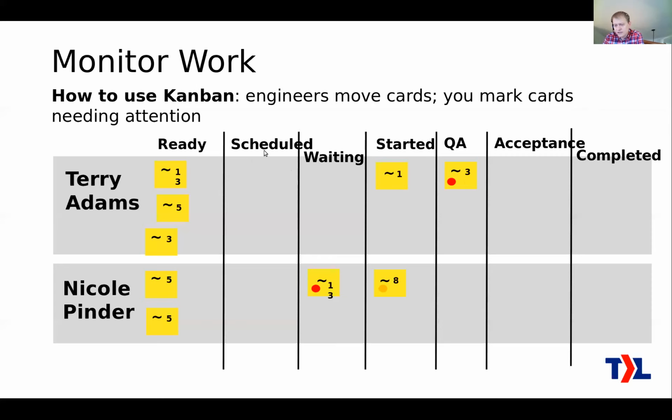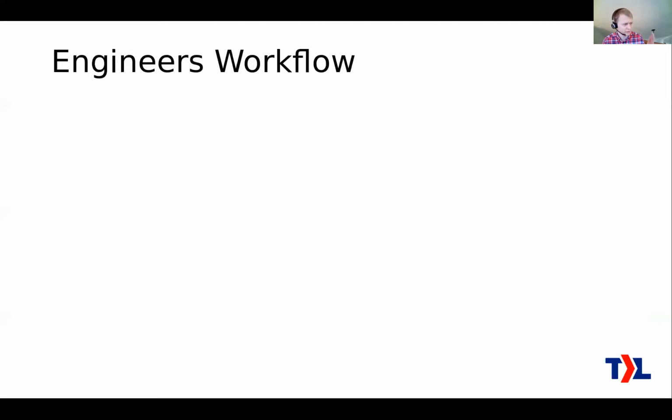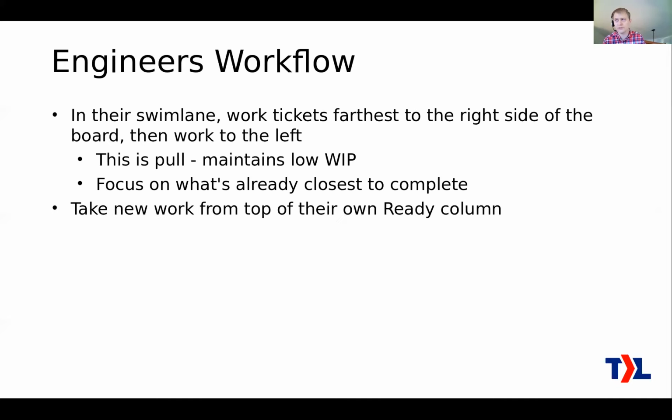It doesn't apply to the scheduled and waiting columns so much, because with scheduled stuff, the next thing to do on that ticket is in the calendar, and waiting means it's waiting on somebody else outside of the team. So there's really nothing for the engineer to do there other than monitor it to make sure that status is still accurate, like the customer hasn't actually answered the question. When they do answer a question about it, then maybe it moves back into the next stage, because now it is something for the engineer to do. So I hope that's all clear. If it's not, I will have time for questions later. And again, we go into more detail on this sort of stuff in the service webinar.